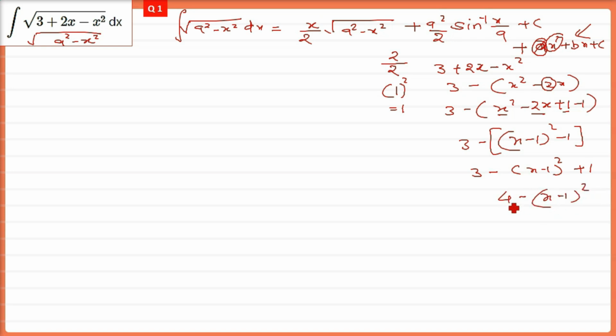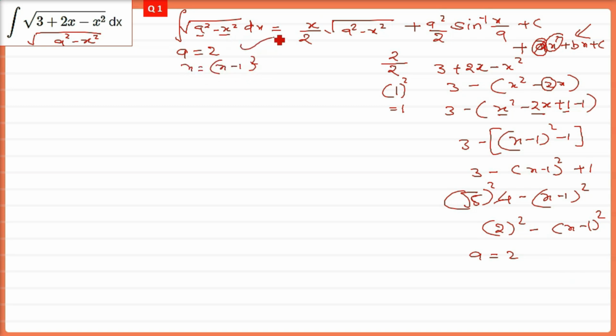But fortunately, this 4 can be written as 2 square. Say if it would have been 5, you cannot have a perfect square. For that, you just put a root and then square it. So you have 2 square minus x minus 1 whole square. So a square minus x square under root. So we will take a as 2 in this case and x as x minus 1 and just use this